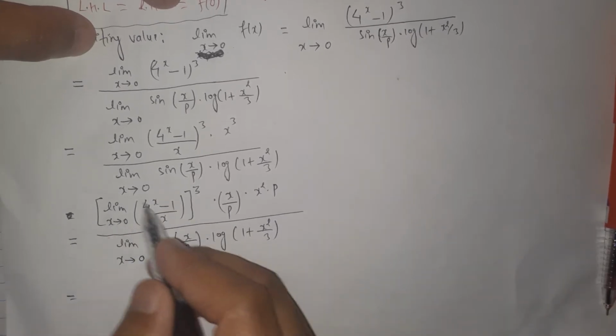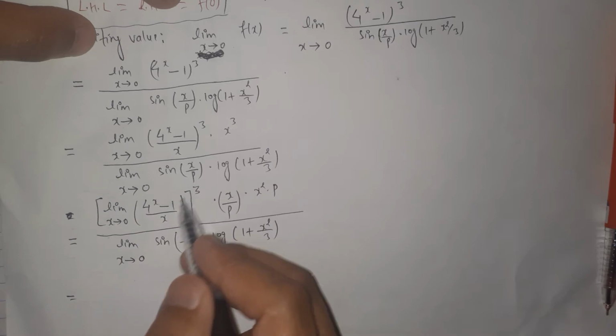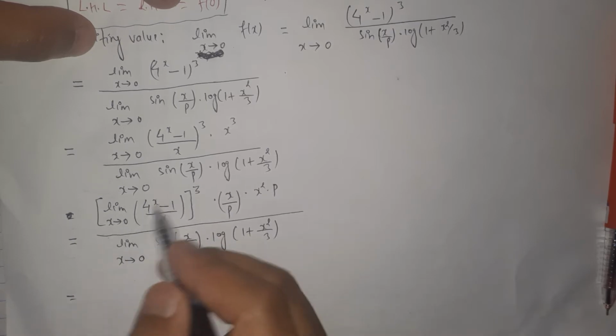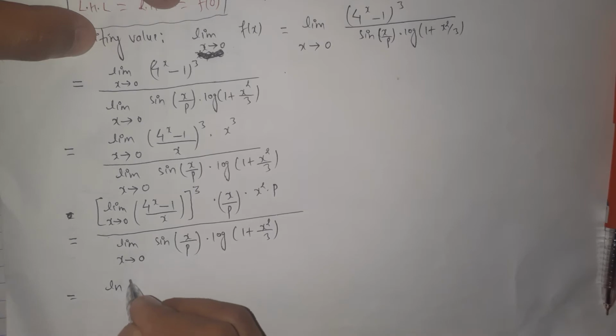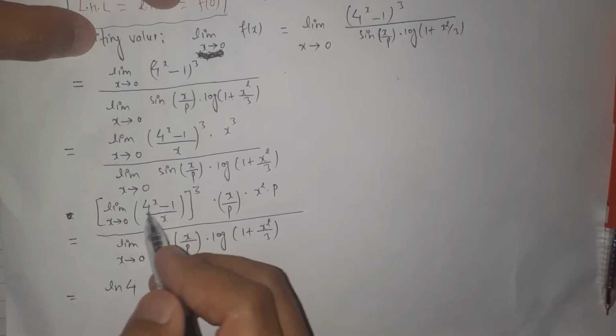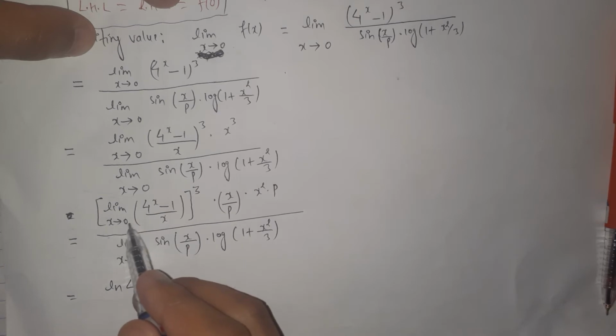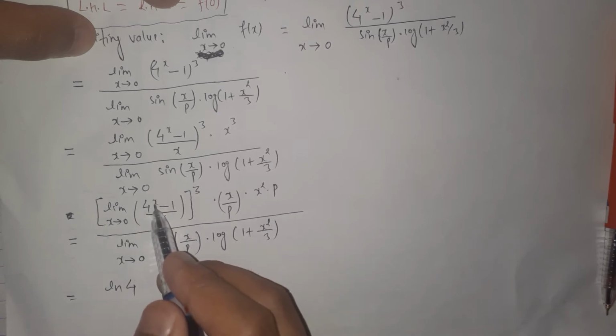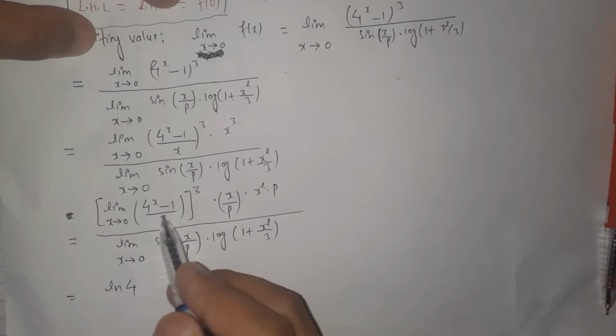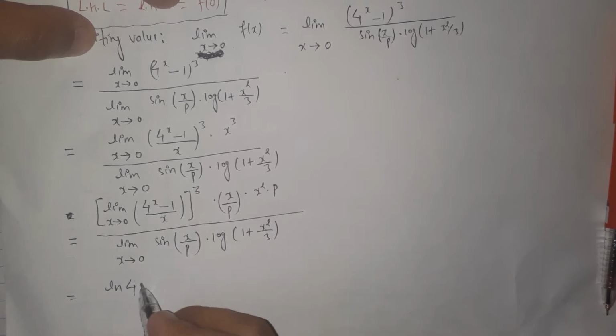And inside this square bracket is a very beautiful form. This is the formula of ln of 4. We have the formula: when the variable x approaches 0, then a raised to the power x minus 1 over x gives ln of a. Here we use the same concept, and this is raised to the power 3